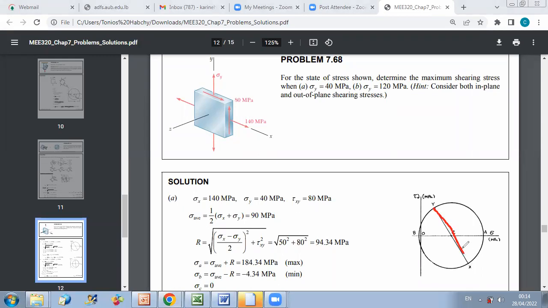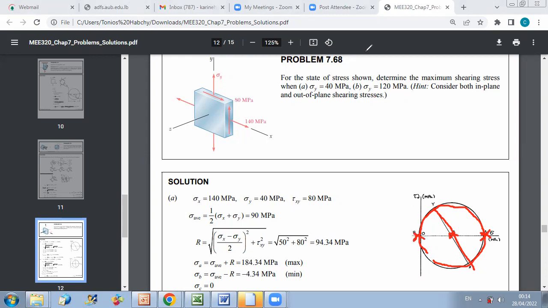Now, we can find the center of the circle by doing sigma average equal half of sigma x plus sigma y, and we can calculate the radius by using the formula radical of sigma x minus sigma y over 2 squared plus tau xy squared. Now, if you draw the circle, you can directly know if you are in case of maximum in plane stress or out of plane stress. As you can see, for the first case scenario when sigma y is 40 megapascal, the points of intersection with the sigma axis corresponding to the principal axes are at